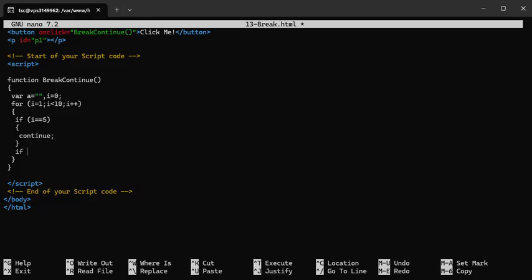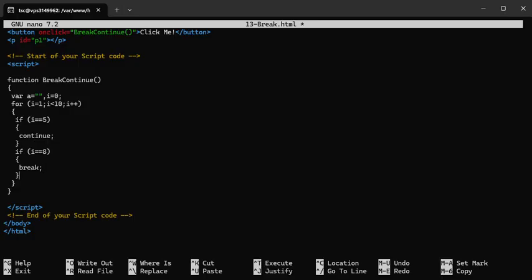If i is equal to 8, break. And then a is equal to a plus, in other words, a, and then append